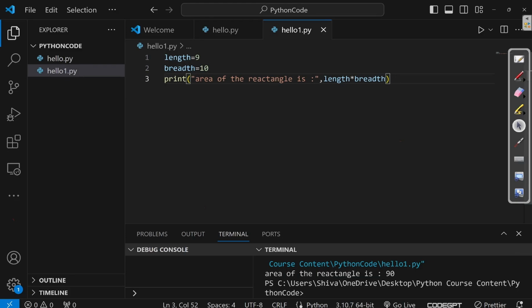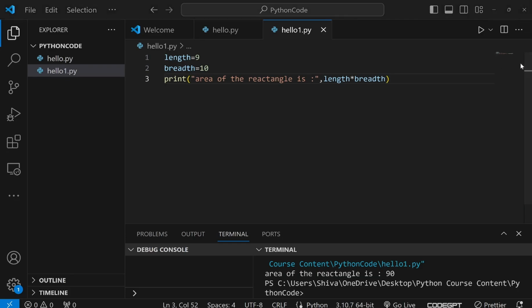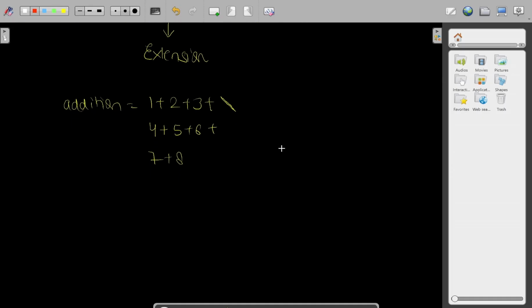In this way, you can basically write your program either on the command prompt, IDLE, or the IDE. So there are three different ways of writing the code. First one was the command prompt, then another one was the IDLE, and the another one was the IDE. So we have implemented the code on all the three platforms: command prompt, IDLE, and the IDE.